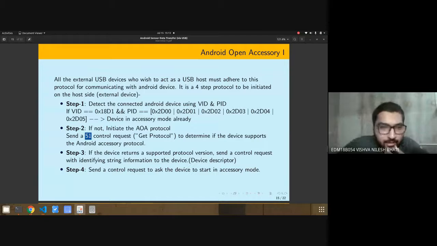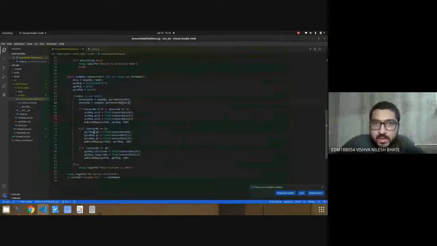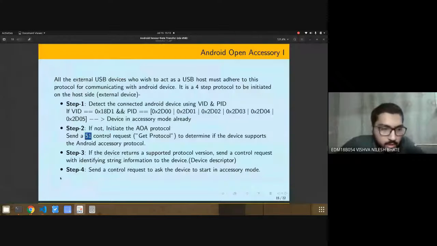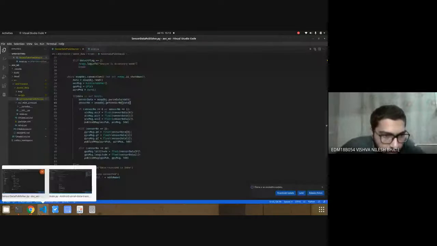Once you get feedback from that, you send a control request sending the device descriptor. Now what is a device descriptor? Basically it describes the whole device. So if I'm the laptop and I want to be the host, then I'll send all my details such as manufacturer name, and I'll just show you how the device descriptor looks.